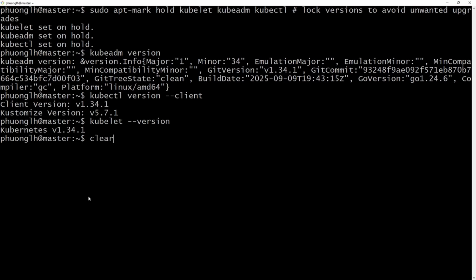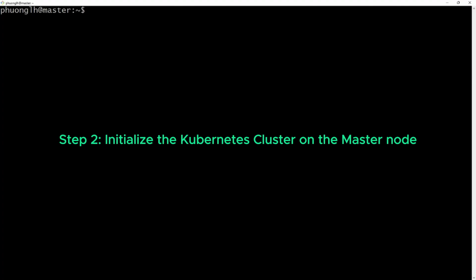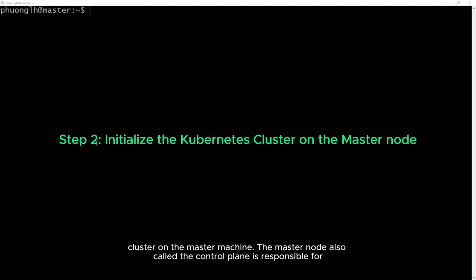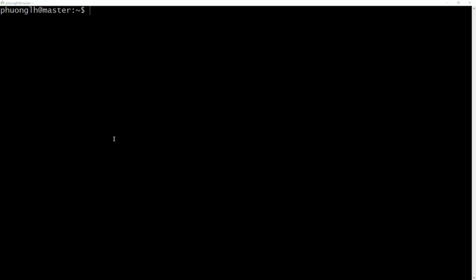Okay. In this step, we will use kubeadm to initialize the Kubernetes cluster on the master machine. The master node, also called the control plane, is responsible for managing the entire cluster, including the API server, scheduler, and controller manager.